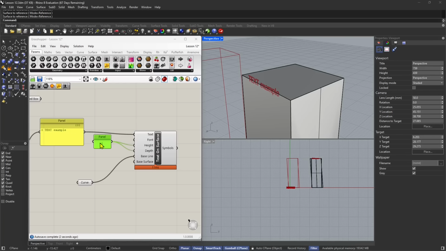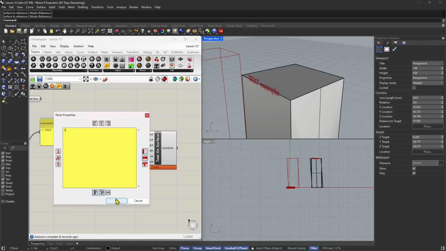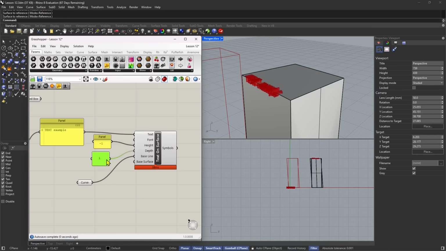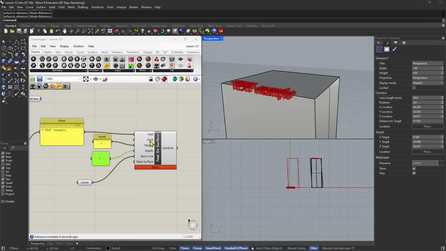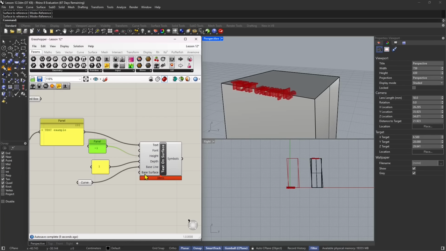Now also the depth is important. The depth is the actual extrusion, so like the thickness of the text. So that's another way we can add thickness to something. When you see depth, it means usually the Z or the third dimension of an object. And so we have everything we need. We now have the text, but I want to move down the text a little bit inside the shape. So I'm going